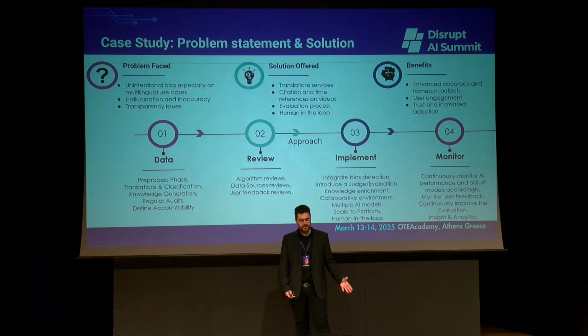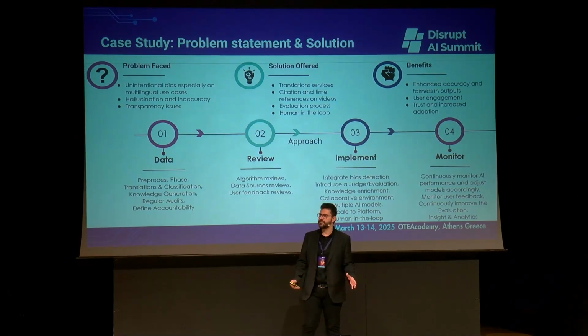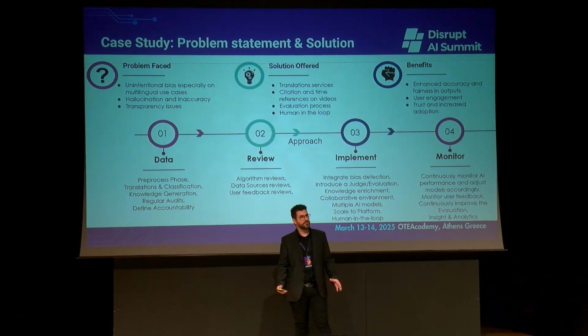So initially, the process has four steps. So we try to manage the data. We try to prepare the data in a way that we're scoring the data, how ready the data are to be parsed by an AI model. So we try to come back with feedback to the domain owners on whether the documentation is appropriate for the system or not, and we score it in order to give them feedback on how they can evolve their documentation.